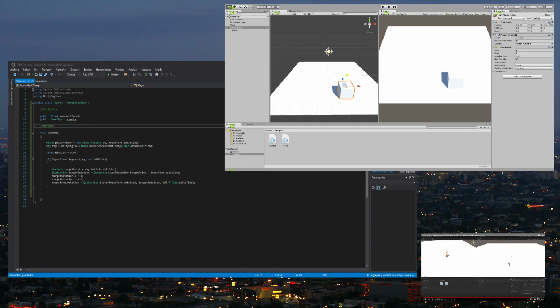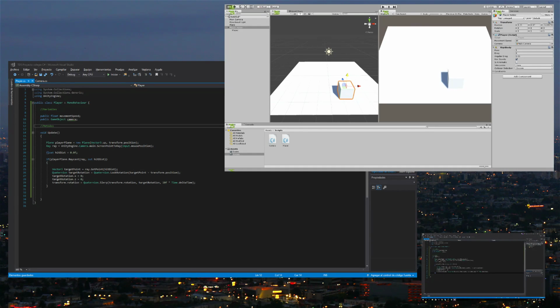And what I'm going to do to make a better demonstration of this, I'm actually going to create a very simple movement system for just forward movement. So I'm going to jump down below this if player plane. Actually, I can also call a comment here and say player facing mouse, just so that we actually have a little bit of commented